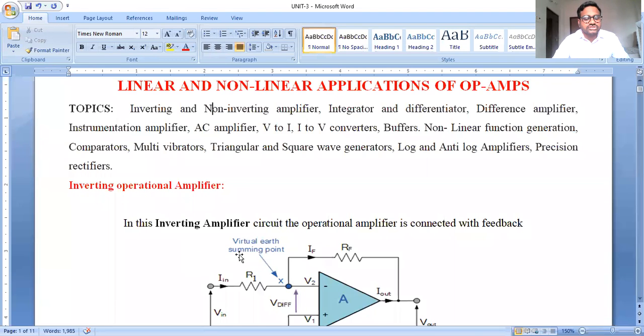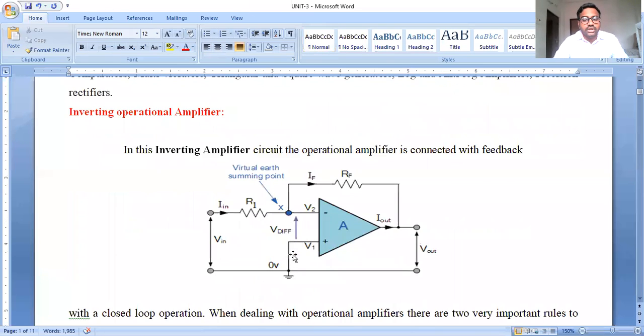Closed loop op-amp applications. Up to now, in the second unit, we discussed the operational amplifier in an open loop application. Only in the discussion of frequency compensation did we provide a negative feedback. That means after the discussion of stability and AC characteristics, at that point we defined the feedback and closed loop condition. Here an op-amp is effectively used in linear applications by providing a feedback.